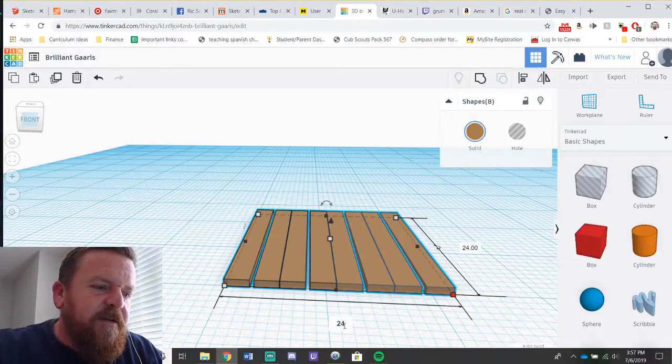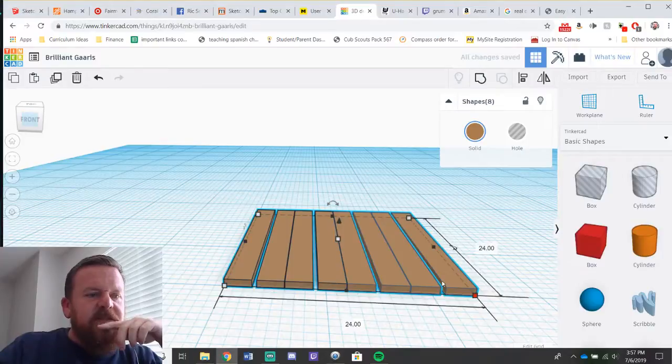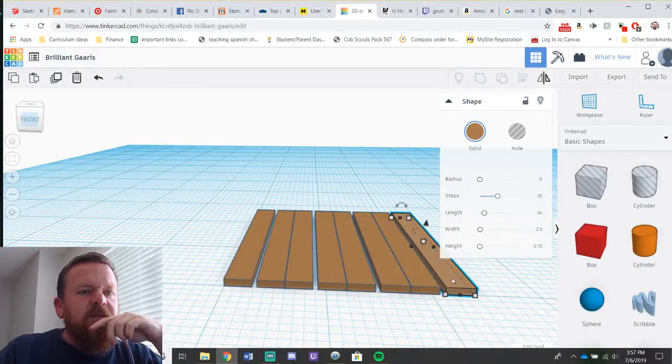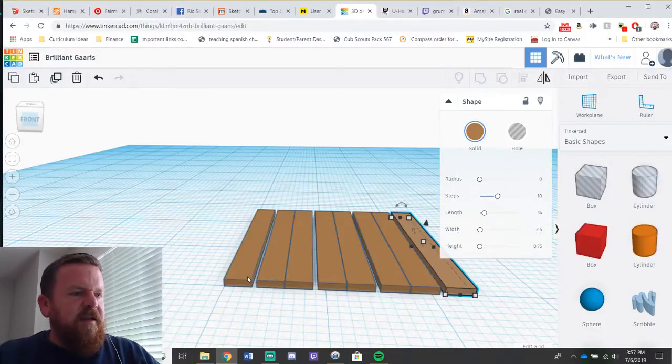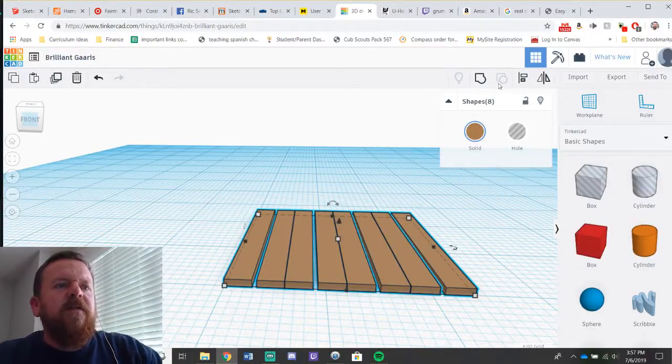Let's say 24. Okay, so it doesn't divide it, but it does... Oh wait, did it stretch the items out though? Okay, so it doesn't distribute them. I'm sure there's a way to distribute.